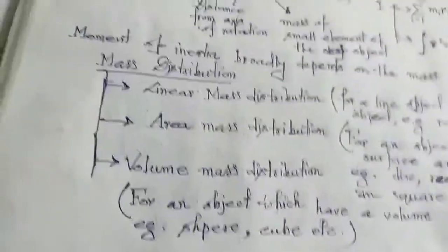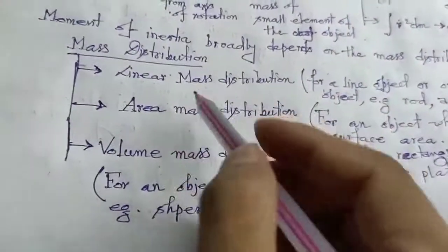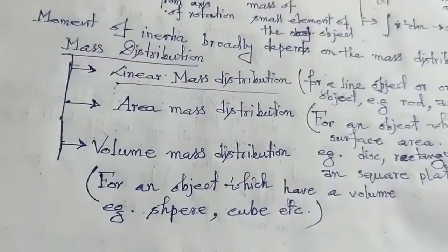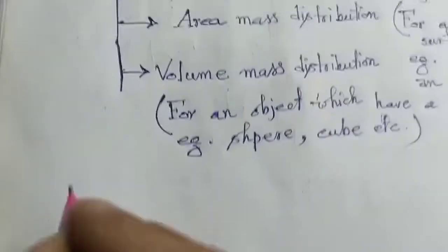So first we will discuss the moment of inertia for the linear mass distribution, that is, for a straight line or a rod. To find the moment of inertia of a rod, so we'll